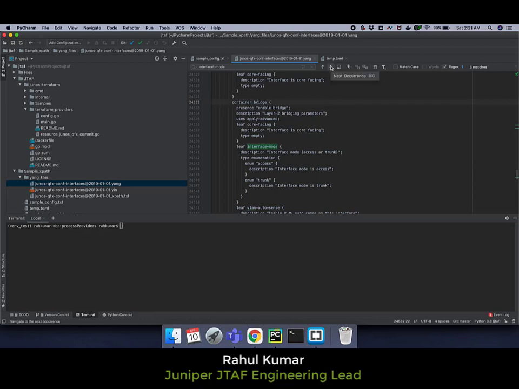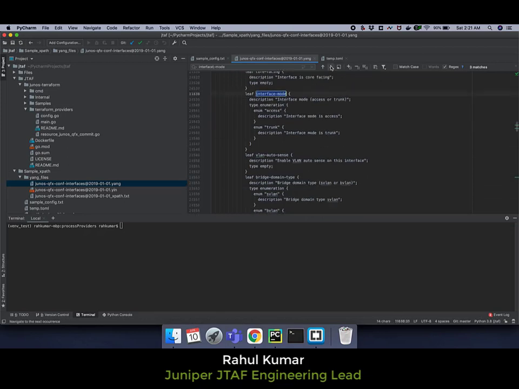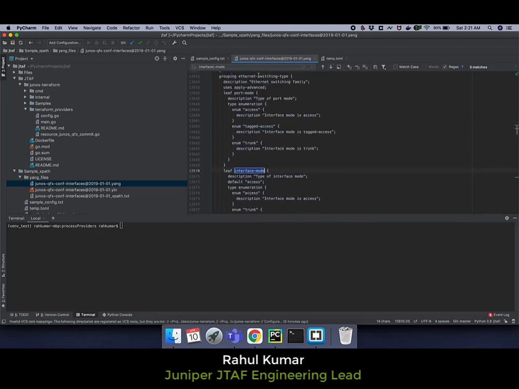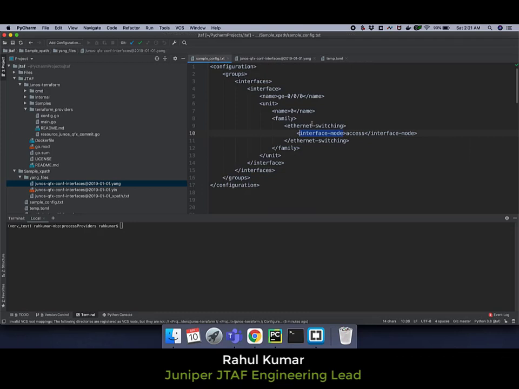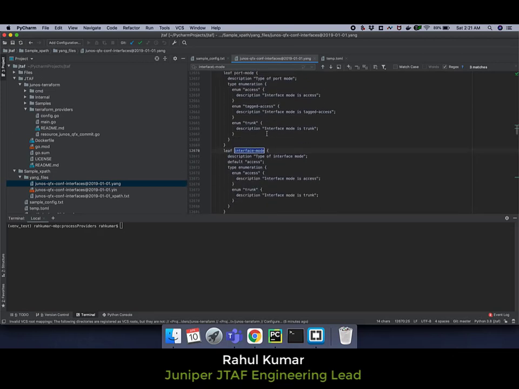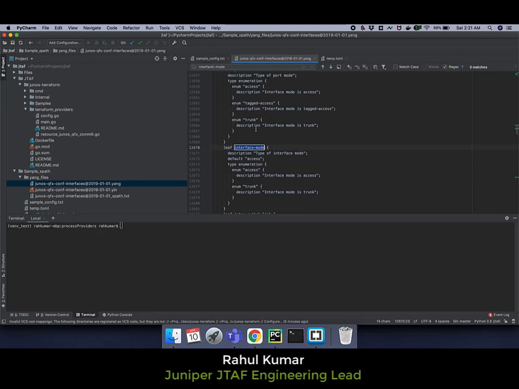So we will search for more options. Here it is under Ethernet switching type, a group, which seems to be the case, but it is under a different hierarchy. So as you can see, this is a bit difficult to parse in the Yang file.